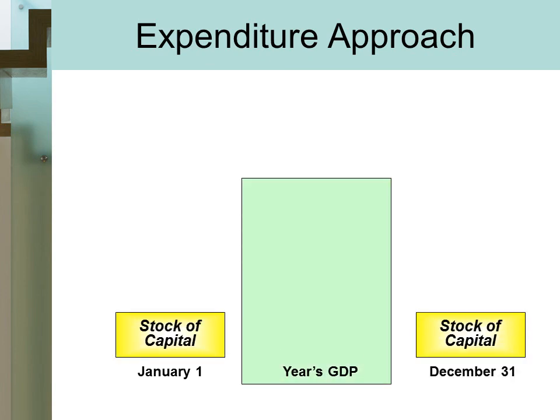So here we have on the left-hand side a nation's stock of capital. If we could go out there and count up the value of all goods and all capital, all machines and tools and equipment that we own as a nation, what would it be worth? Well, believe it or not, the Bureau of Economic Analysis actually has a pretty good grasp on these numbers. The United States owns, and I'm going back a couple years, but it's a good rough estimate anyway, roughly $42 trillion